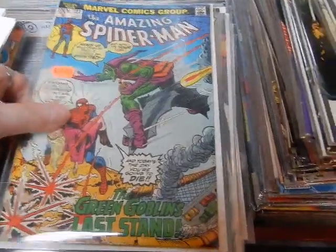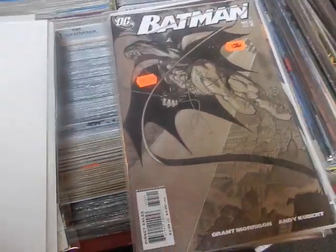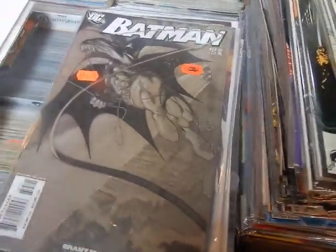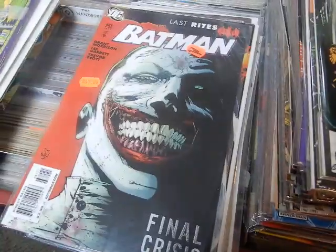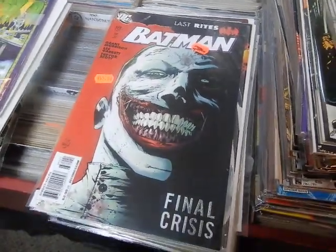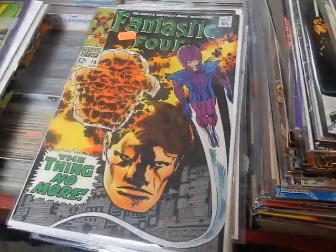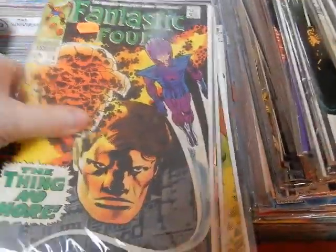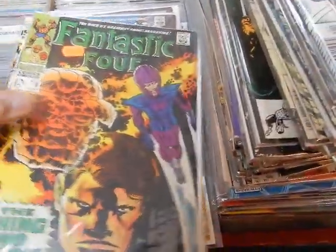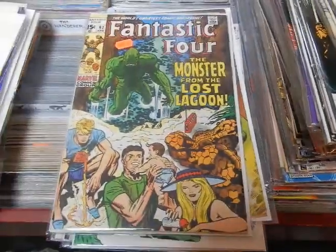Romita cover, of course. I've got a Batman number 655. This is the first Damian. This is the variant. I've got 150 on that. We've got a 682 variant with the Joker cover. Got 45 on that. And there's that Fantastic Four 478 for $70. We've got the Fantastic Four 480 for $75. The 97 for